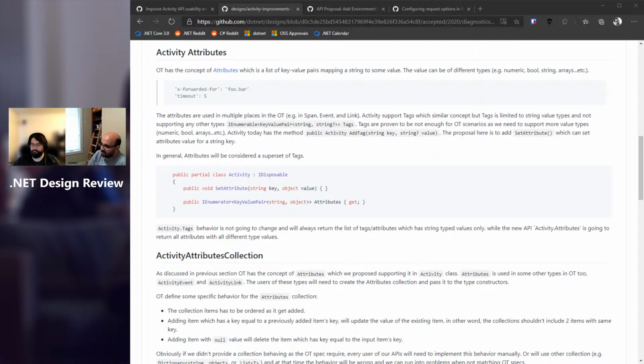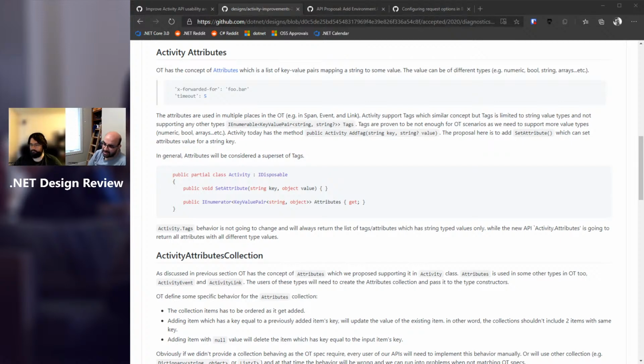My problem is I don't think there's an easy way to avoid that, because adding an overload for add tag that takes object would be fine, but then the question is, what do you do on the outside? You would at least have something else, like tags typed or tag objects, parallel to the text one that returns an enumerable of key value pair right now. And you would at least have to tell customers to use the other thing, because otherwise you're suddenly ToString-ing the objects into strings, and that may be fine. I would say that is still better than